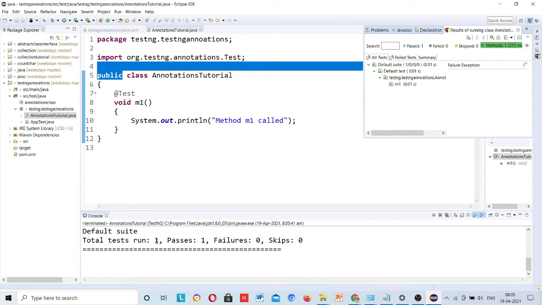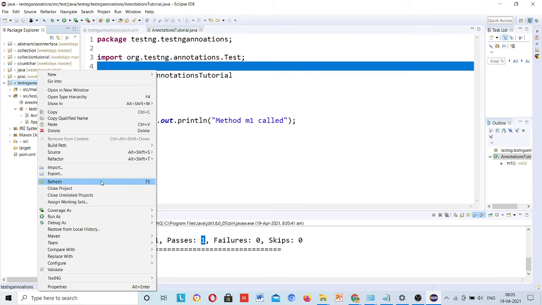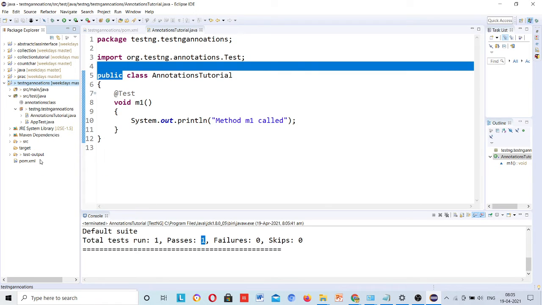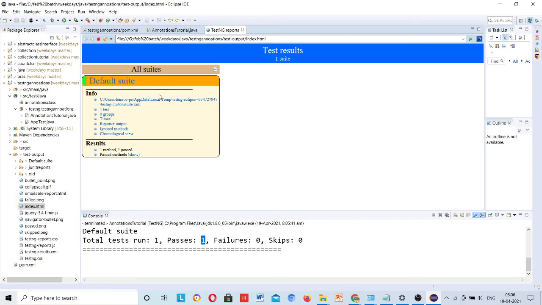Total test cases passed 1, failure 0, so the result is present. Just right click here, refresh, and then you can see the test-output folder is present, and here is the file index.html. Double click on it and it will show you the result, whether passing or failing.